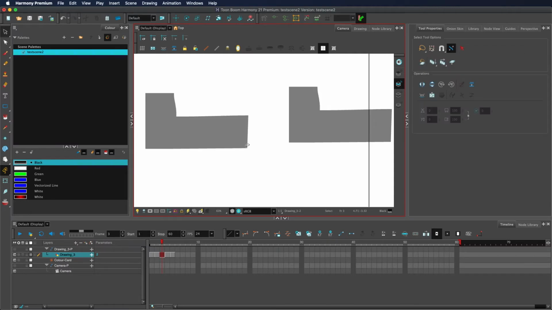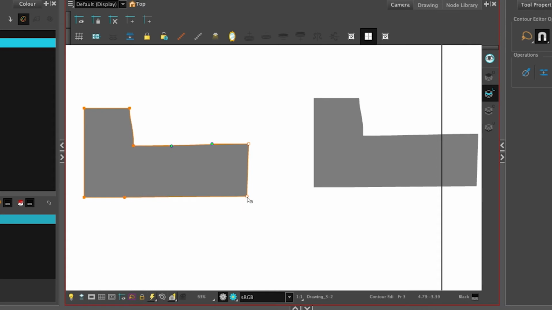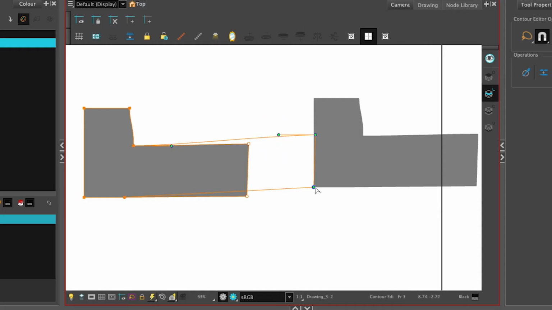Note that for all of these snapping options, these only apply to the point currently at the mouse cursor position. So if I enable snapping and snap to contour, we'll explain what that means in a minute. If I select these points and drag from this bottom point, you see it doesn't try and snap that top contour. It only snaps when the one that's at my mouse is nearby. Snap to contour snaps the currently selected point at the mouse cursor to any nearby points as you drag your mouse cursor.